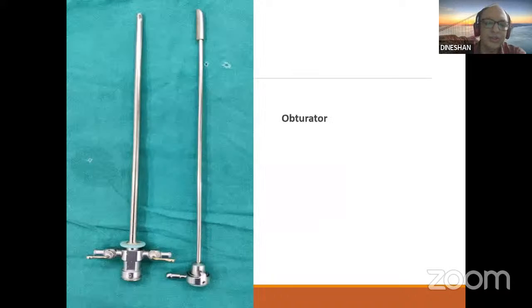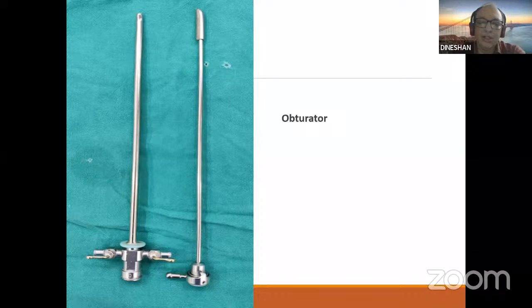And now coming to the obturator, you have different types of obturators here. All the obturators are color coded according to the sheath. The same color code used for the sheath is used for the obturator also, so it is very easy to identify which corresponds to which.